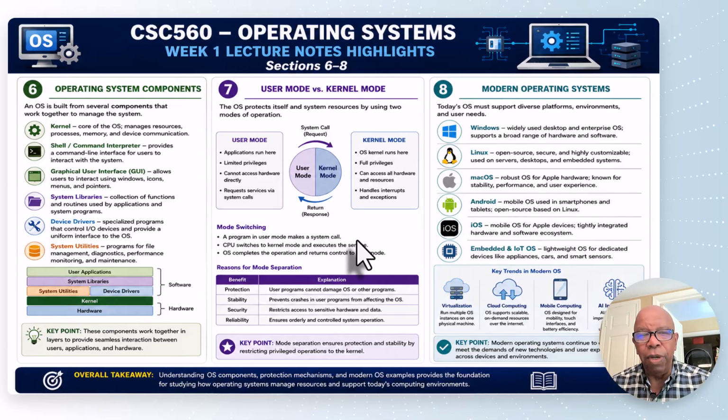Think about programs that you have written. Those programs most likely have had problems. They have had issues. We don't want those issues to affect the operating system itself, which controls the entire computer. When you have a problem with one of your programs, you make a call. All the critical resources are not a place where you want your program to have direct access. So that's why we have two modes. One being the user, where we call and get a response back, so that we don't have everybody's program manipulating the key resources of the operating system.